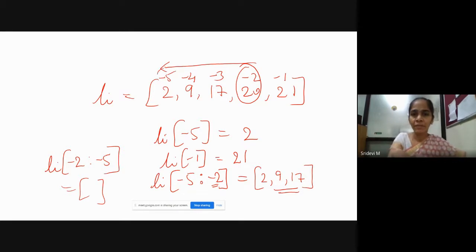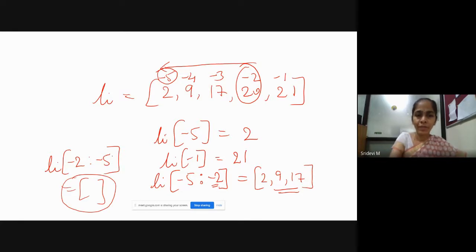If -5 is mentioned as the starting point, from there it starts traversing the list. But if you give -2, it tries to traverse in the forward direction, not in the reverse direction. In this case, it doesn't understand what elements have to be retrieved. So it gives an empty list.